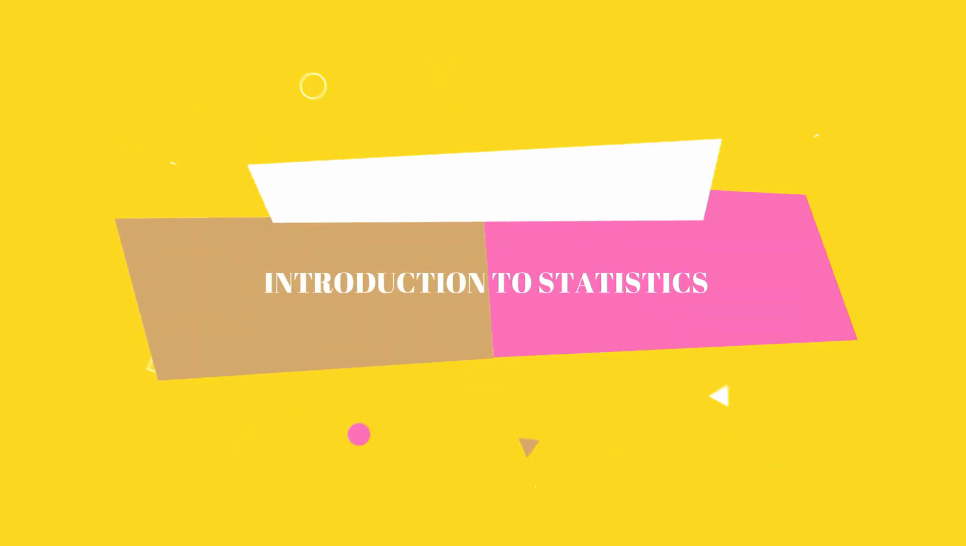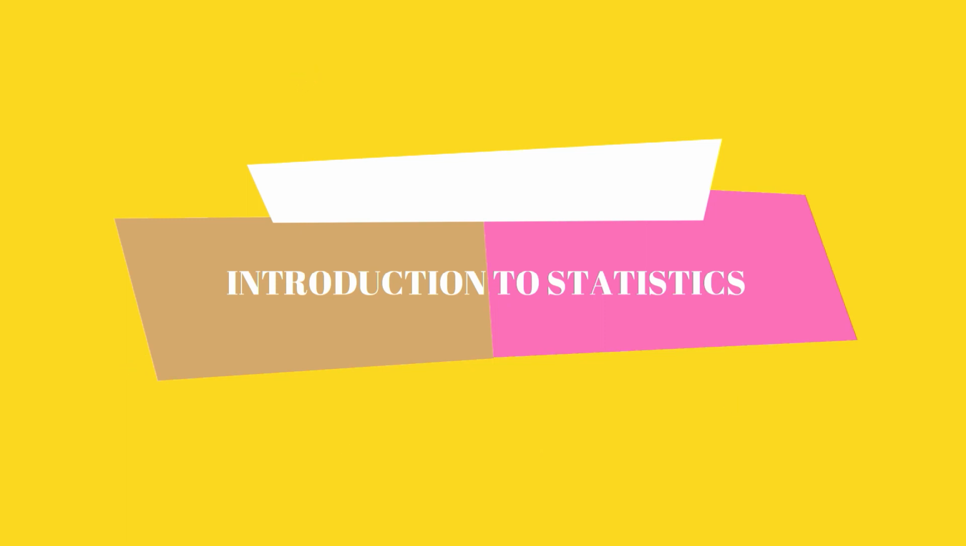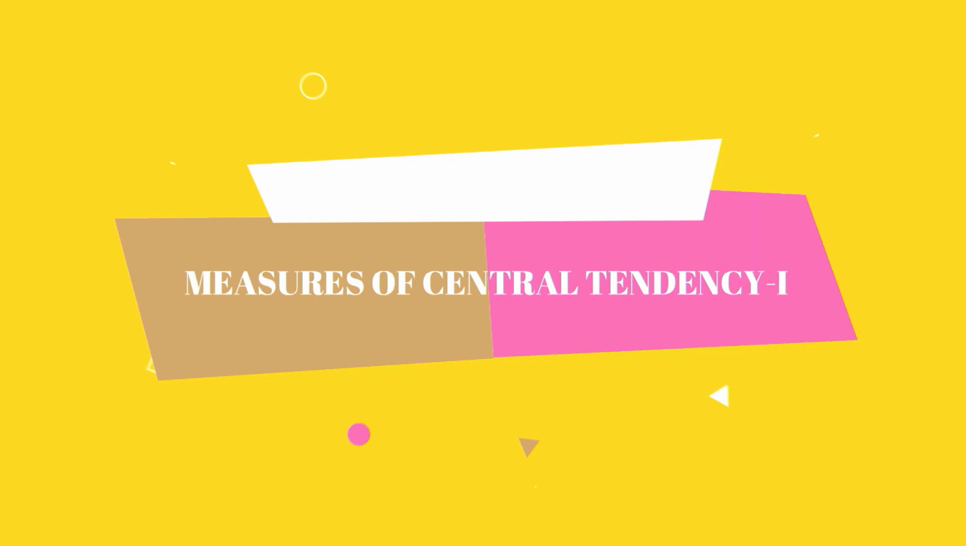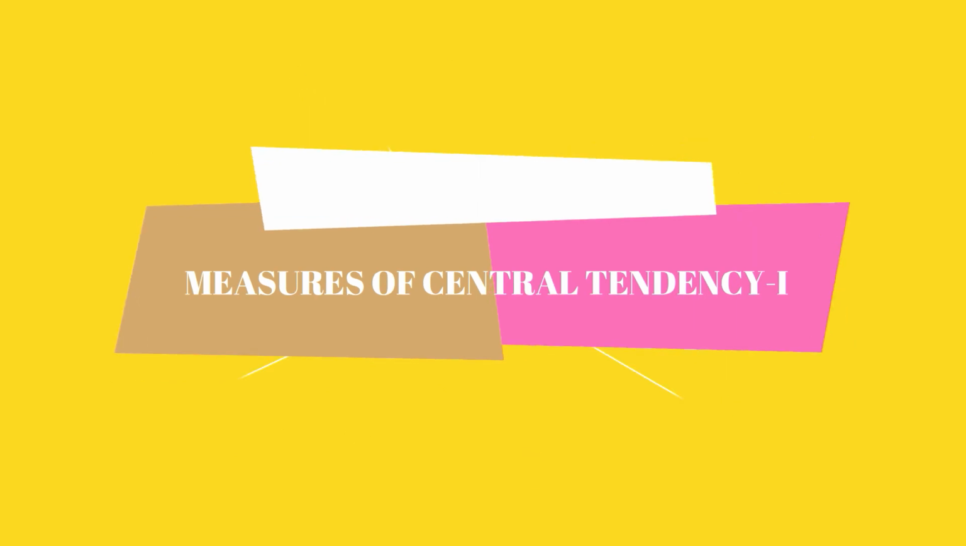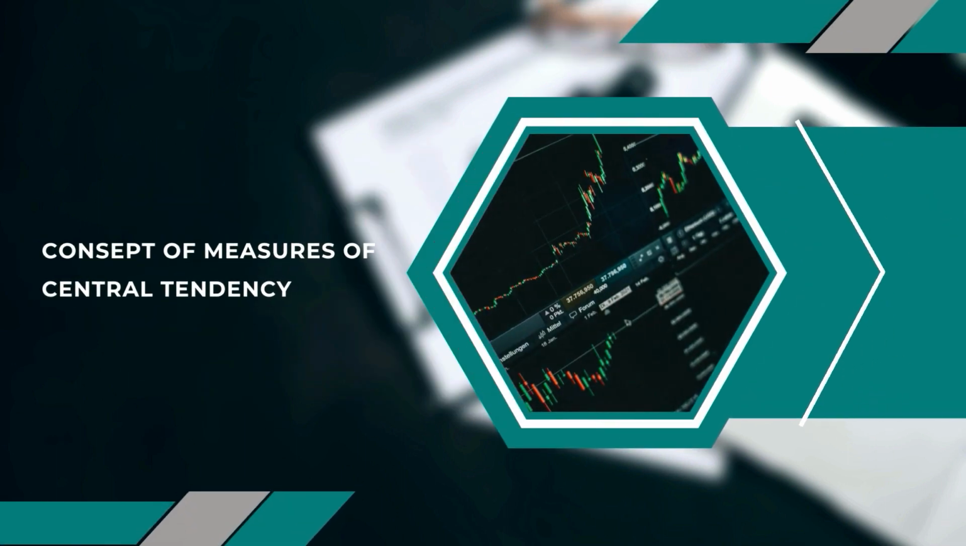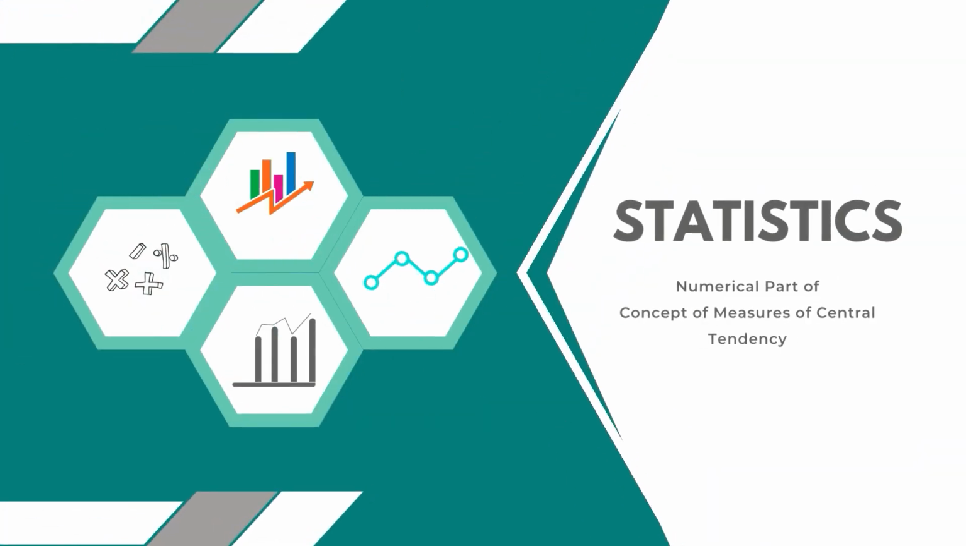In this session we are going to take another topic which is very essential for your statistics in psychology courses, which is known as measures of central tendency. This topic has been divided into two parts. The first part will discuss the concept of measure of central tendency, and in the second part we will cover the numerical part, how we calculate the measure of central tendency with the help of different formulas